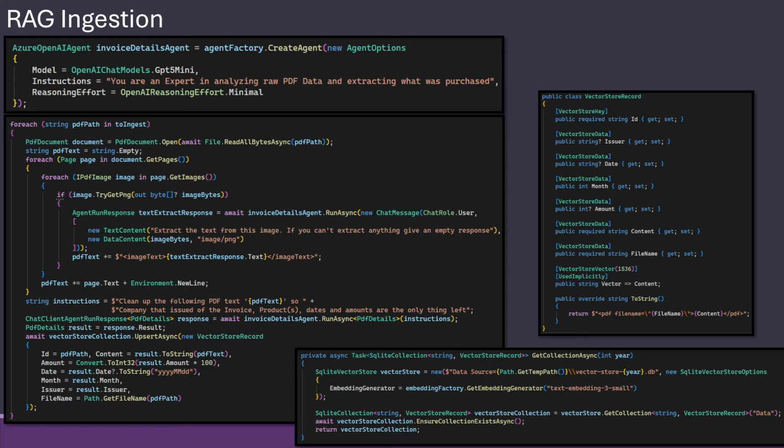So normal RAG, with the exception that I actually use an AI for each entry to clean it up. Because if I just put everything in, it would be much more difficult for a RAG search to actually get some good data back.